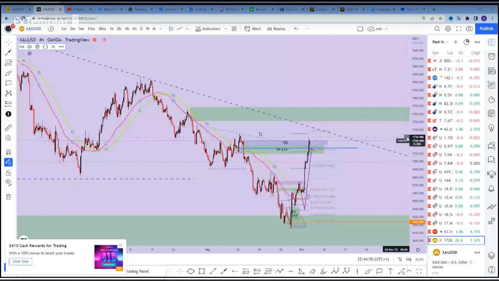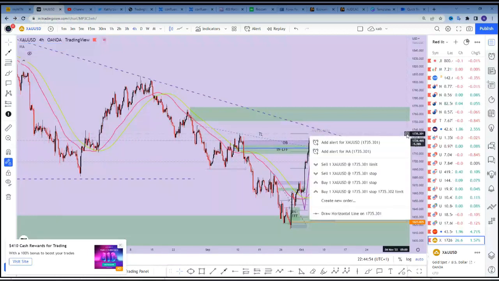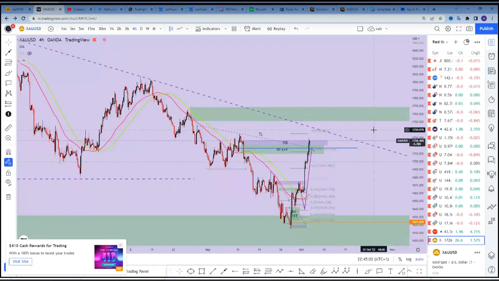Let's say I'm watching this zone right now. I can just click on this plus and add an alert, such that whenever price gets to that point, TradingView is going to play a notification that lets me know that price has gotten there. So when I get that notification, all I simply do is I come to my chart and watch market structure on the lower time frames.